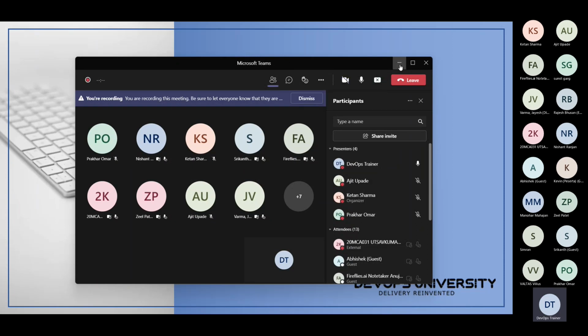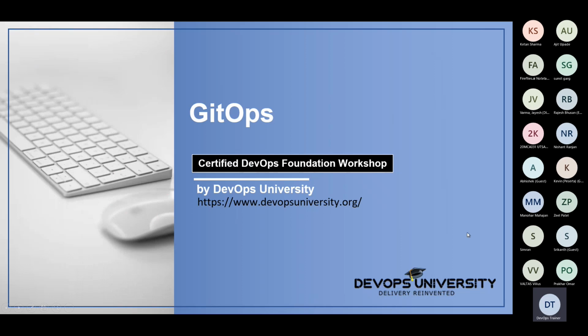So let me introduce the agenda which we're going to cover over here. We are going to understand what exactly GitOps is, the importance of GitOps, and how it's different from the typical DevOps. I'm going to explain that. And with that, we are going to see a small demo with the help of GitHub Actions, showing how exactly we can run some Maven builds or do some processing. So we will definitely talk about that, right? So let's begin with that.